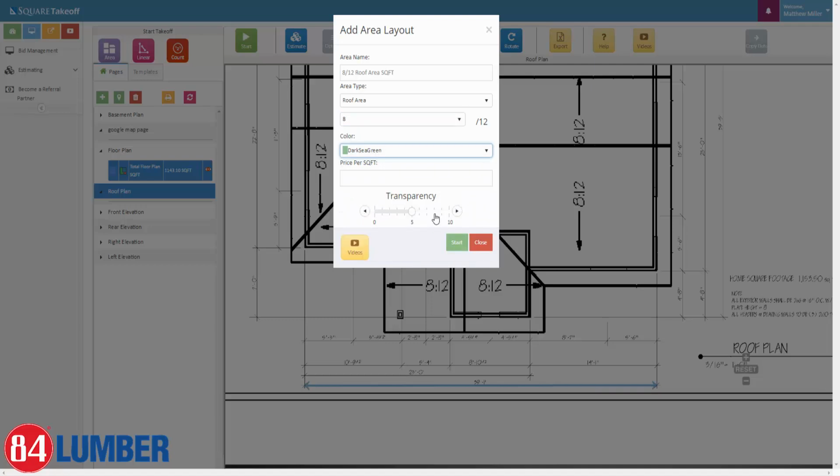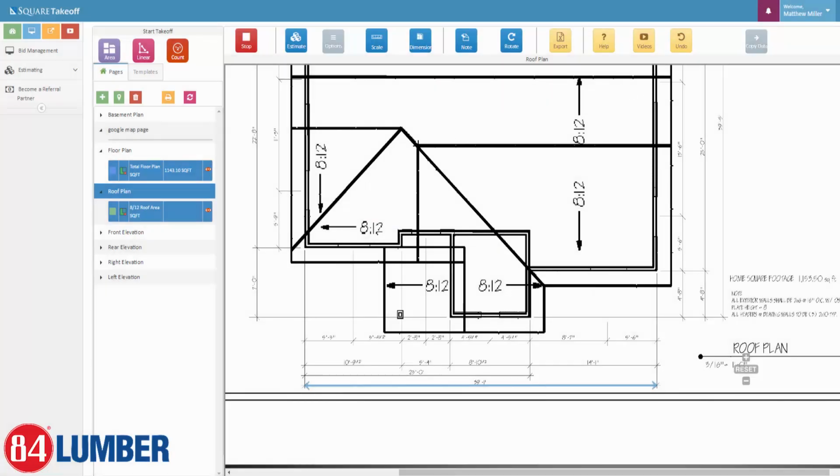I can once again adjust it. And if I'm doing a square footage takeoff, we can simply type in a price per square foot here if we know what that price is. So let's go ahead and hit start. Whenever I'm ready, I simply hit my first point. I'm going to start here, work my way around the perimeter,